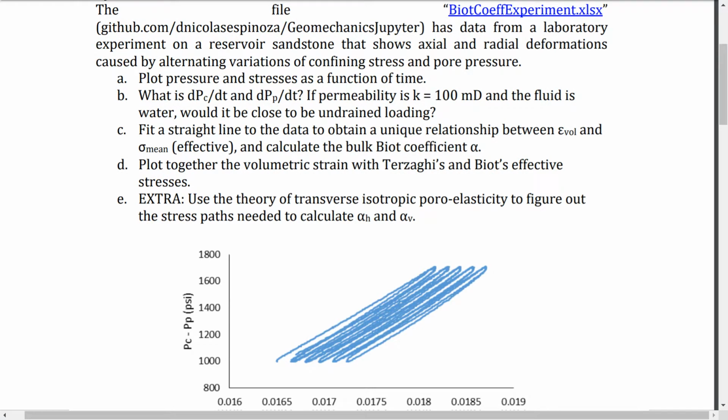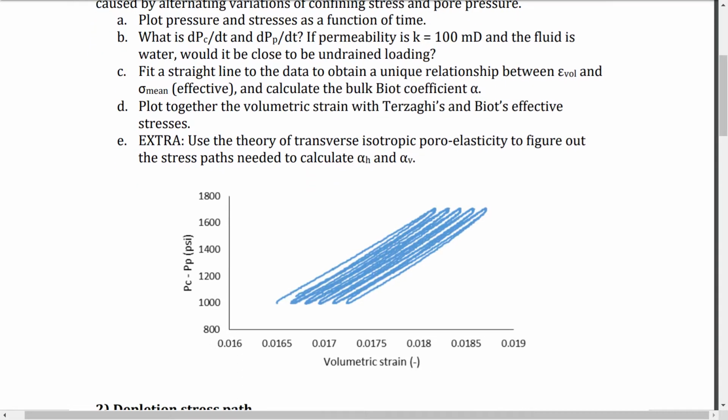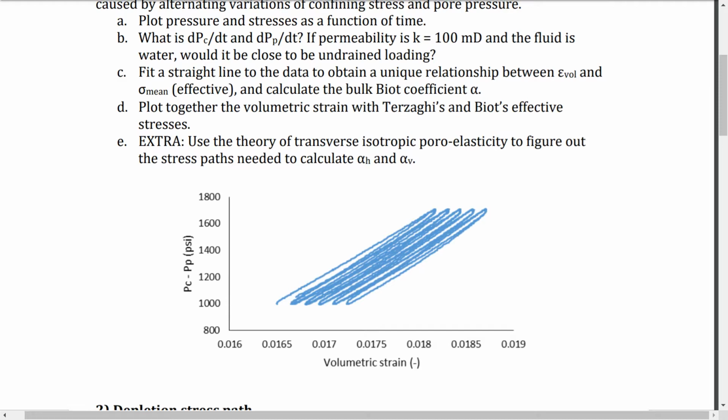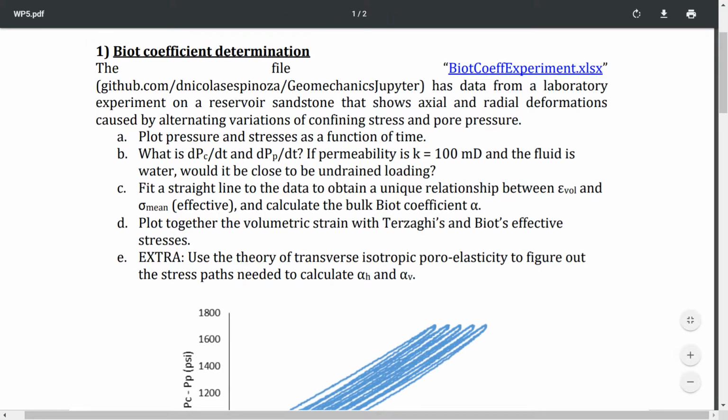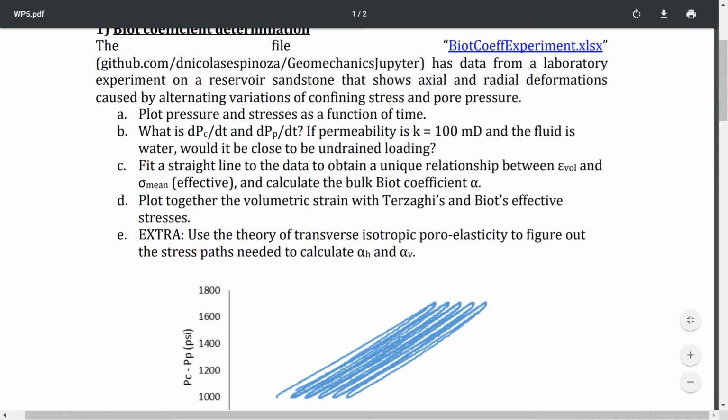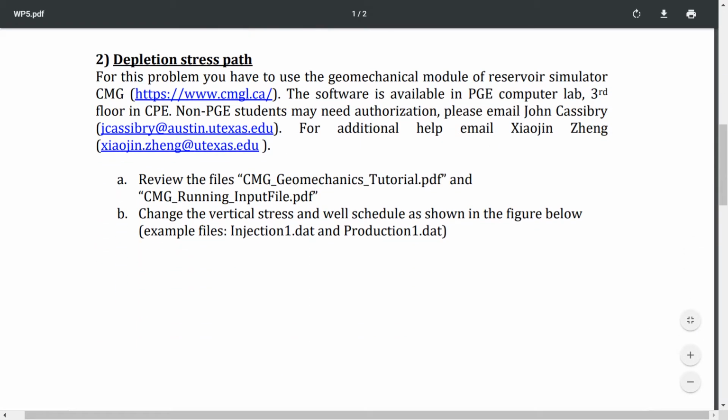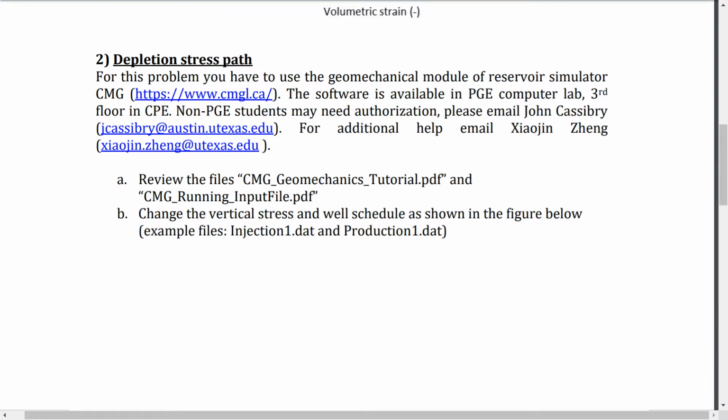test which utilizes this third method that we're going to use, and basically consists of alternating cycles of confining pressure and pore pressure and measuring volumetric strain simultaneously. So we're going to see now that using the theory of poroelasticity, we're going to be able to measure the Biot coefficient out of this data. So that's the first part. And the second part is going to be something that we're going to see on Wednesday, more on the side of the application of poroelasticity. And it's going to be how to